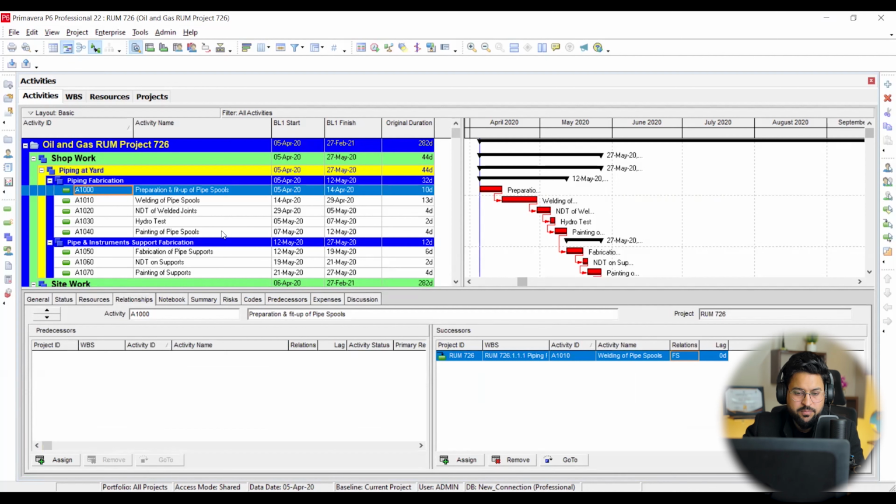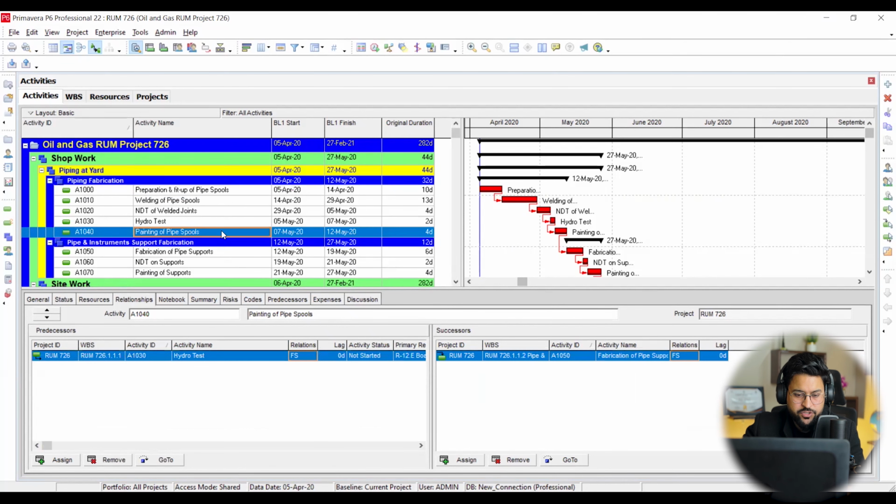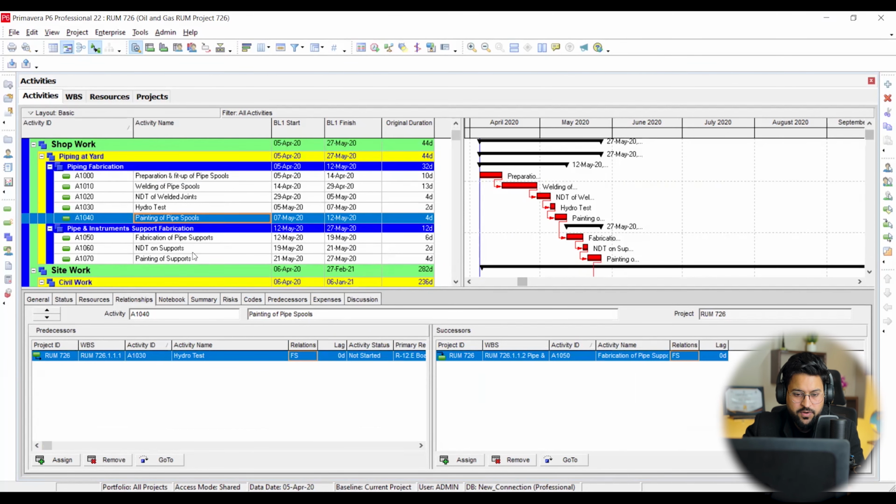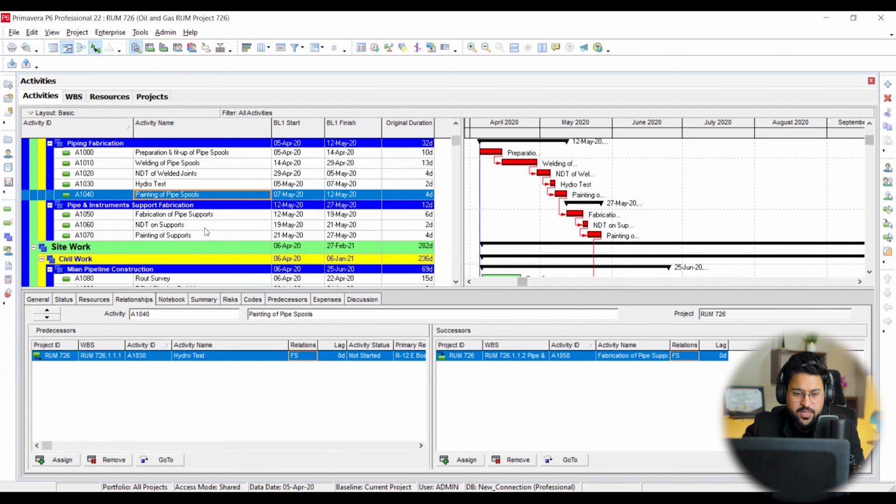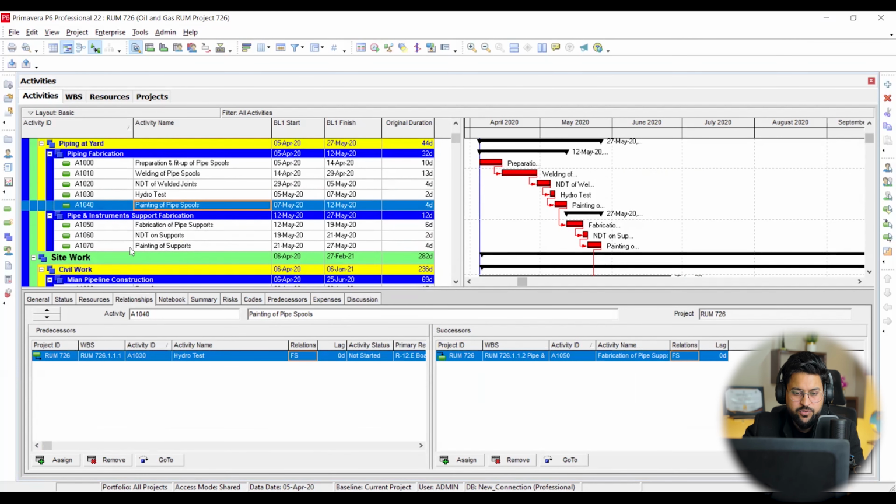But right now my company strategy is to finish this one, and then I'm going to start fabrication of pipe supports, right? So that is the first thing. Then these pipe supports, our piping spools, will be needed when I'm doing my main line welding. This is product oriented knowledge, field knowledge, which you can't understand without a proper coaching